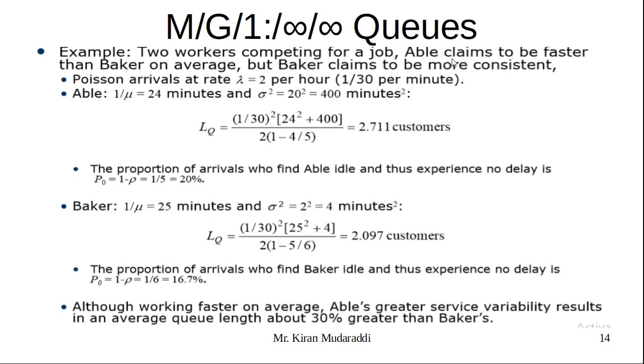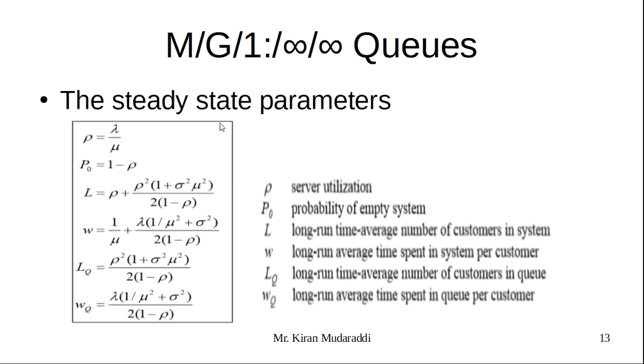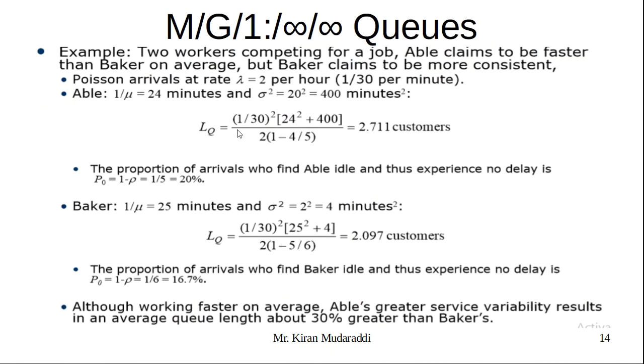Two workers, Abel and Baker. It is revisited again. So lambda is given, that is 1 divided by 30 per minute. And for Abel, 1 divided by mu is 24 minutes, and the standard deviation is given as 20, so sigma square is 400 minutes. LQ is equal to, the formula is used, the same formula is substituted here, 1 divided by 30,